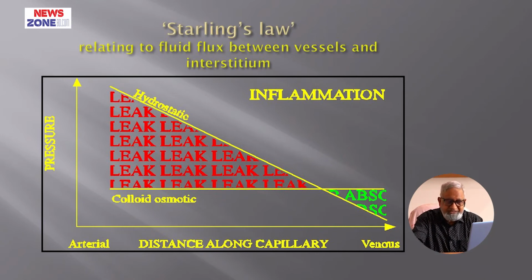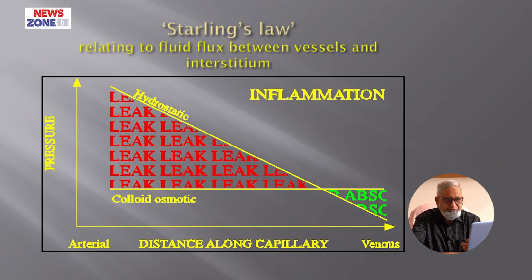What happens in case of inflammation? You must understand this figure. Here the capillary hydrostatic pressure is almost similar, and the capillary hydrostatic pressure at the venous end is also similar to the normal case. So, why is there edematous fluid, excess fluid accumulation, in inflammation? Because there is a decreased colloidal osmotic pressure. Normally, capillary hydrostatic pressure